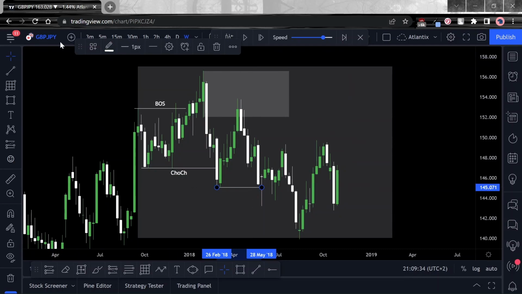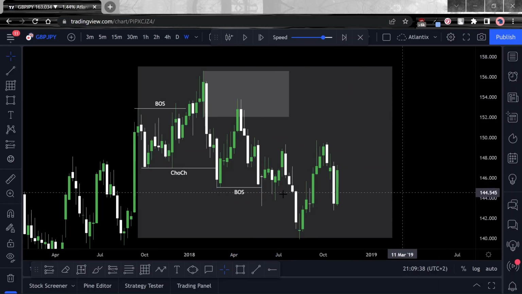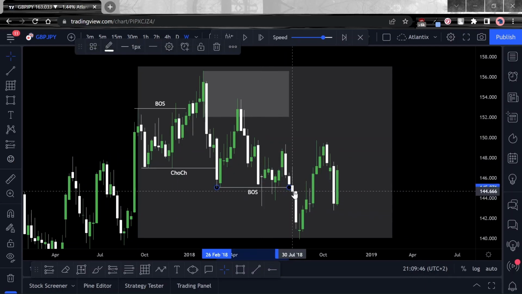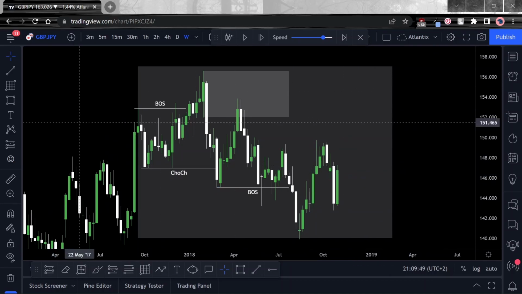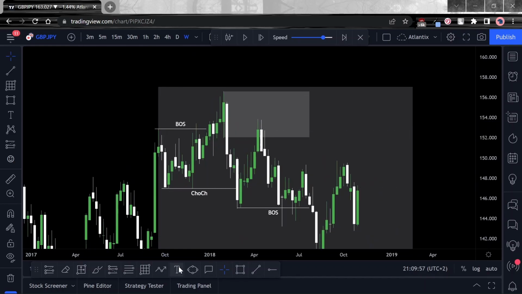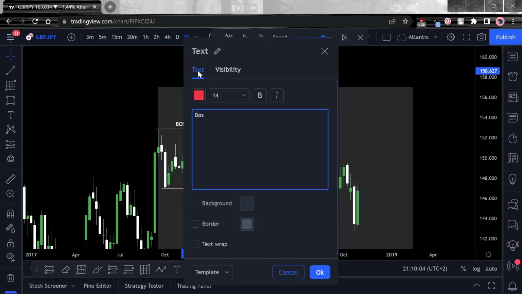Now, where does this bearish break of structure take place? Does it take place when this wick breaks and it pulls back up? Or is it fulfilled only when we see a candle close below? So how we normally do it is, we use both scenarios. If it's a break of structure in the direction of a trend, let's write that down. If it is a break of structure, we are normally looking for a candle close. And if we are looking at a change of character, then we are normally looking for a wick to break below.